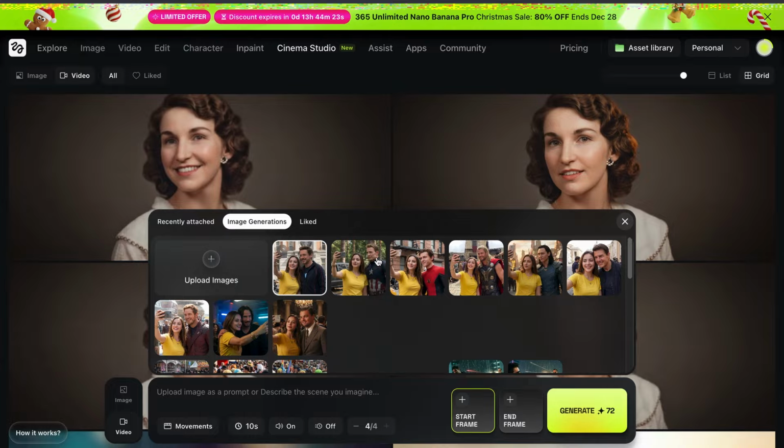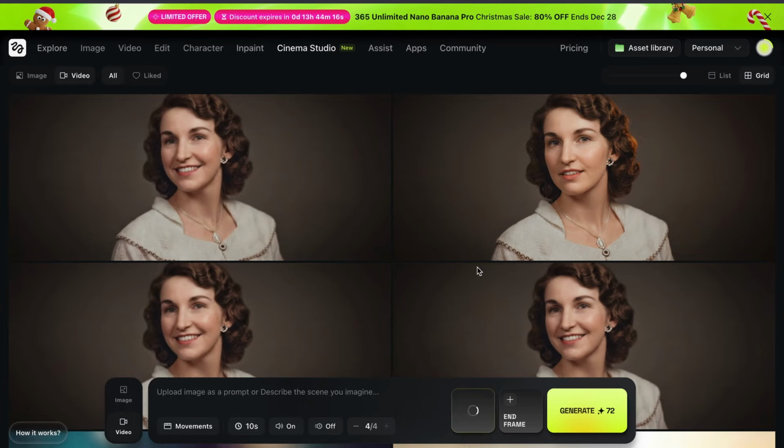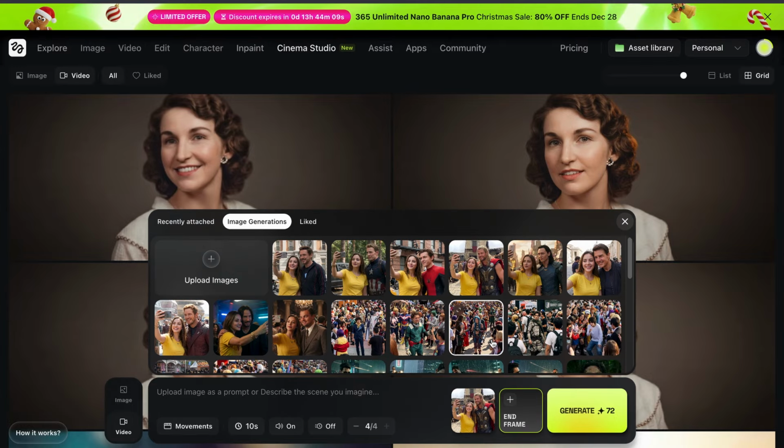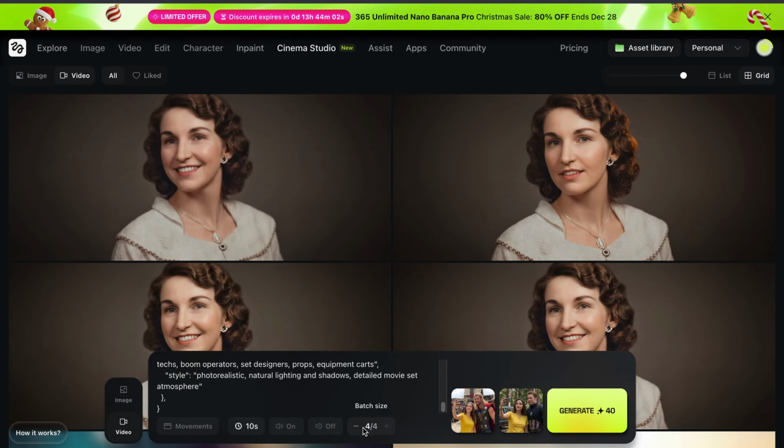Go to image generations, and you will find the generated images over here, and I'll click on the first one over here and end frame as, let's see, an image with Captain America. Alright, and let's paste this prompt, and I'll keep the batch size to 4 because I really want to have some options to choose the video from. You can decrease this size if you want. So I'll just hit enter,